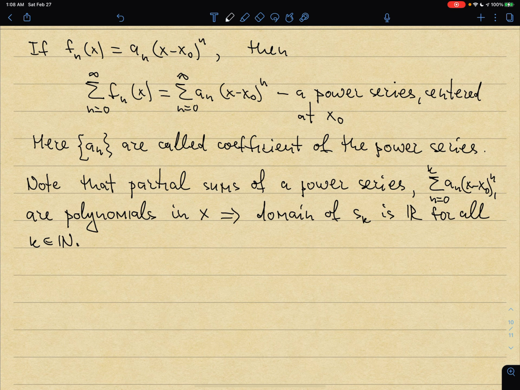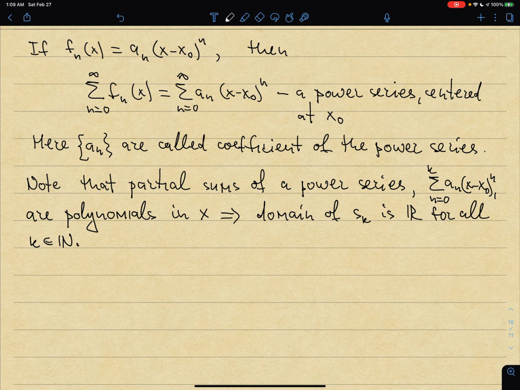So all possible partial sums of a power series are polynomials. Polynomials of increasing degree, right? K gets bigger, the power gets bigger. So at least formally, we can think of a power series as a polynomial that has infinite degree. Of course, that by itself doesn't have any meaning, but as long as the sum of the power series is defined, then at those points you can sort of think about the function as a polynomial of infinite degree.